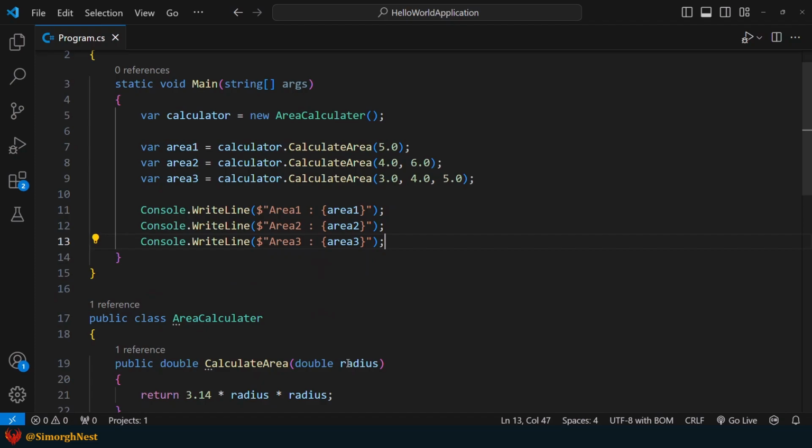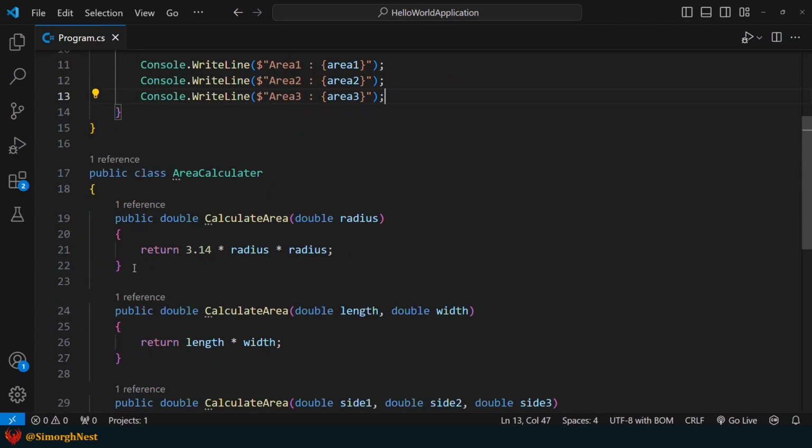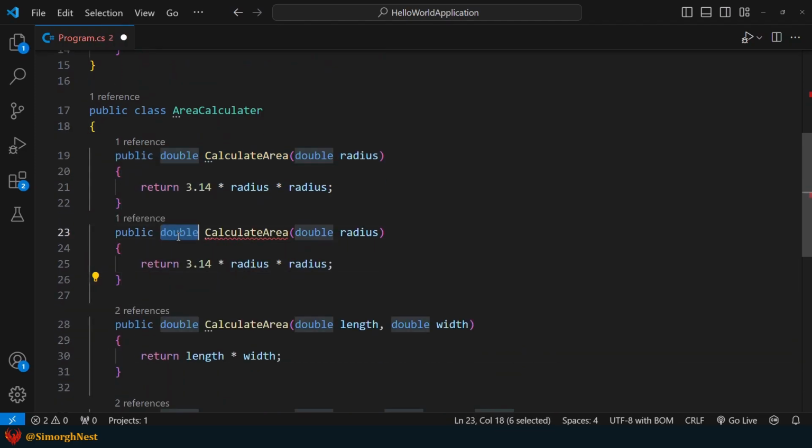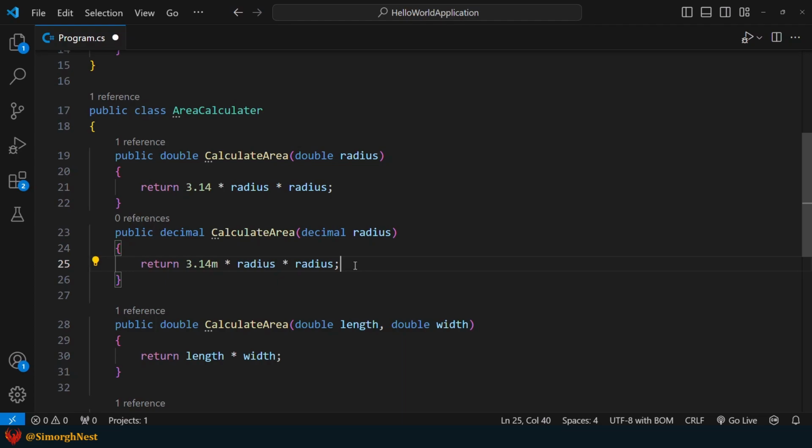By overloading in this way, we encapsulate different shape area logic in a single well-named method. Also, we can create other versions of this method with different data types. As you can see, method overloading allows seamless method calls, while distinguishing implementations based on parameters. All shapes reuse calculateArea, but have unique calculation logic. This demonstrates how overloading empowers code reuse and separation of concerns through parameters.